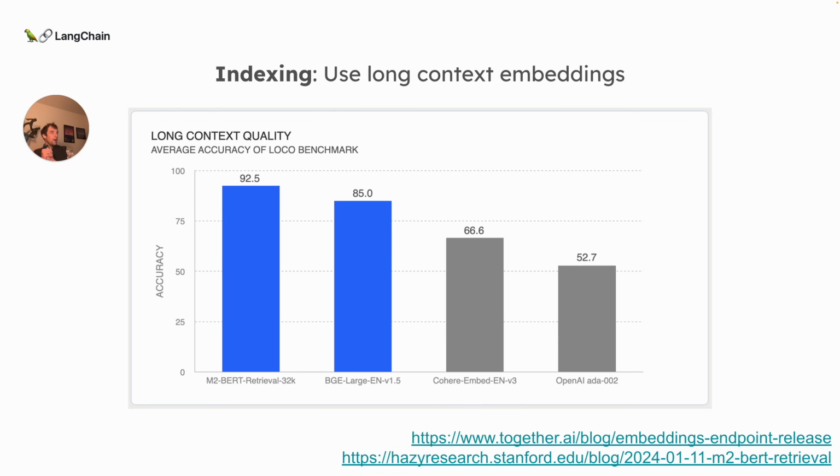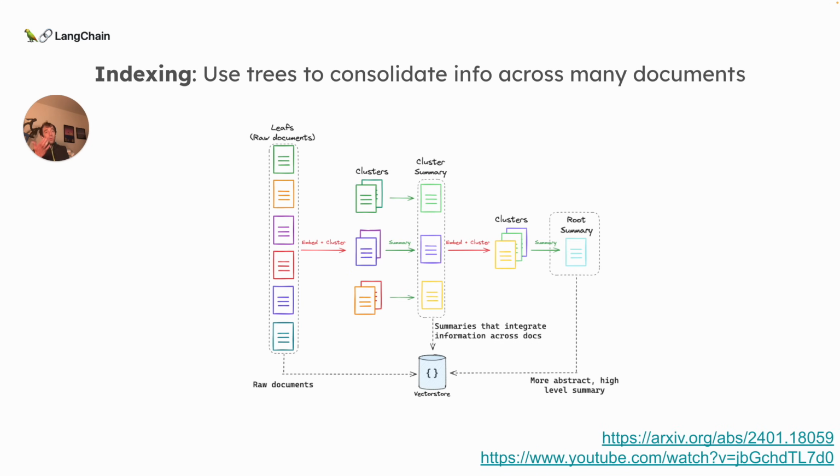Hazy Research put out a really nice blog post on this using the Monarch Mixer. It's a new architecture that attends to longer context. They have a 32,000 token embedding model that's available on Together AI. Absolutely worth experimenting with. I think this is a really interesting trend. So long context embeddings play really well with this idea, where you take full documents, embed them using, for example, long context embedding models, and you can build these document summarization trees really effectively. So I think this is another nice trick for working with full documents in the long context LLM regime.